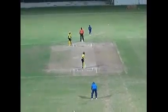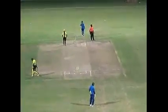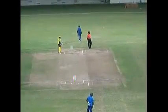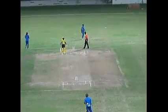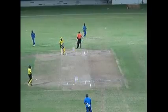Diminutive batsmen a la McCarthy don't need a second invitation to cut. Here he is driving this time and gets the same result. This time it's more of the outer portion of the bat, but the result is the same as it speeds over the field down at backward point and into the boundary for 4. This time not a flat batted stroke. He played it with a straight bat, but the result was the same as it got good bat and it really peeled off the outer portion of the bat and flew over the outfield and into the boundary for 4,